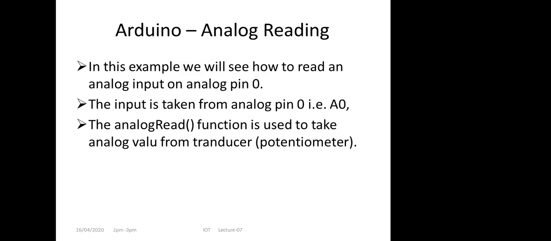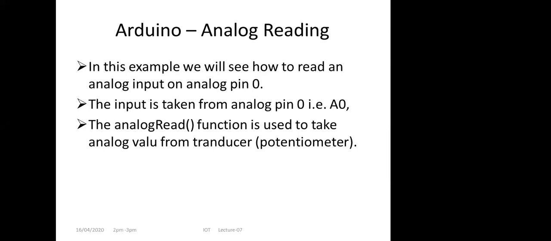That means we are writing the digital value HIGH on the external LED. Digital has two values, 0 and 1, means either LOW or HIGH. So we write the HIGH value on the external LED, which is equated to the 13th pin, and that task happened through the digitalWrite function.